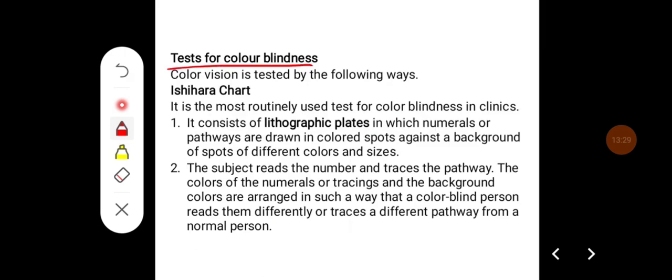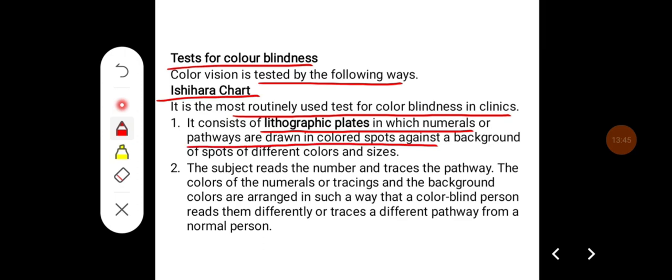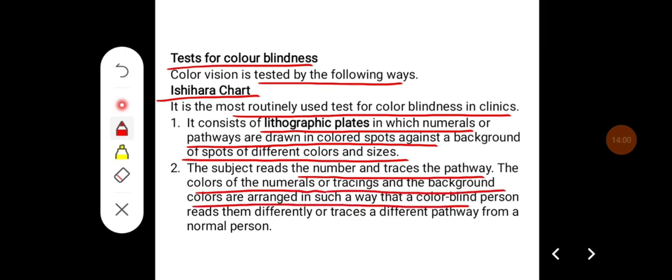Tests for color blindness. Color vision is tested in the following ways. First one is Ishihara charts. It is the most routinely used test for color blindness in clinics. It consists of lithographic plates in which numerals or pathways are drawn in colored spots against background spots of different colors and sizes. The subject reads the number and traces the pathway. The colors of the numerals or tracings and background colors are arranged in such a way that a colorblind person